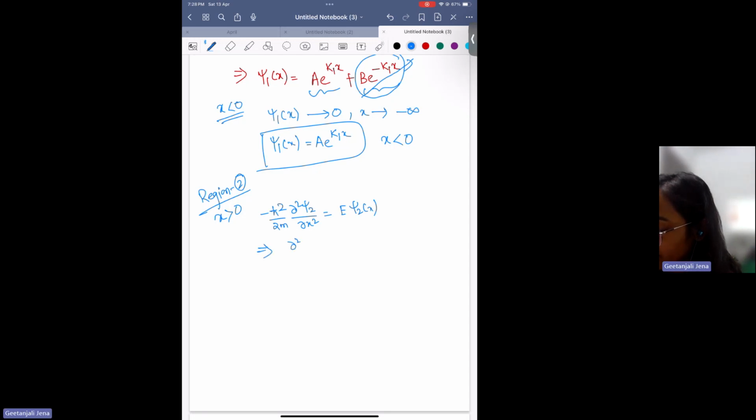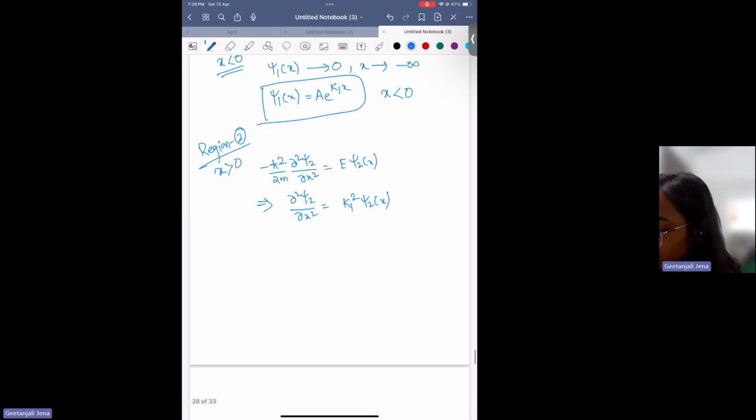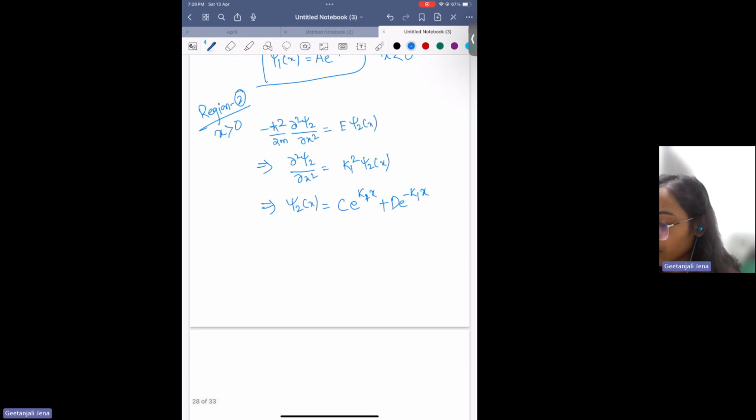So we have the same kind of expression. You can take it as k1 square psi 2, and the solution would be the same. Instead of A and B, we'll have a C coefficient. This is C e to the power k1x plus D e to the power minus k1x. But similar to the condition for region 1, here we also have, for region 2, x greater than